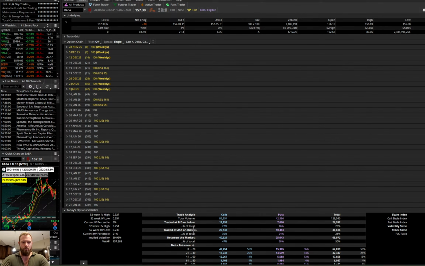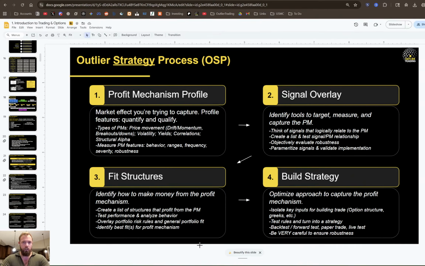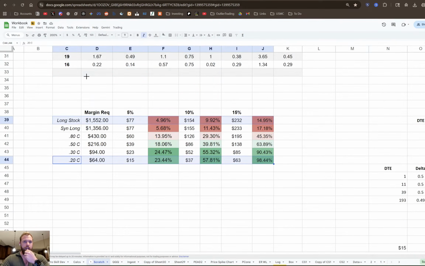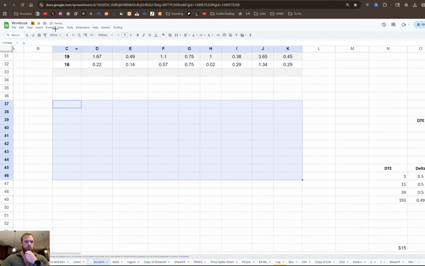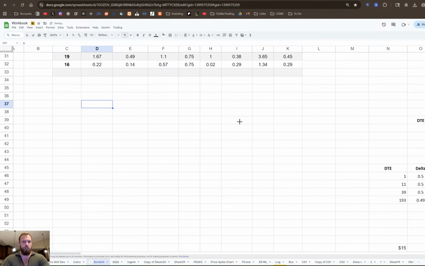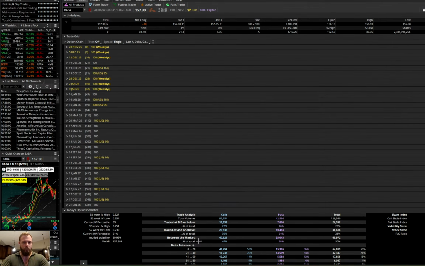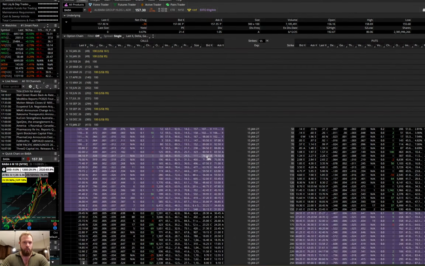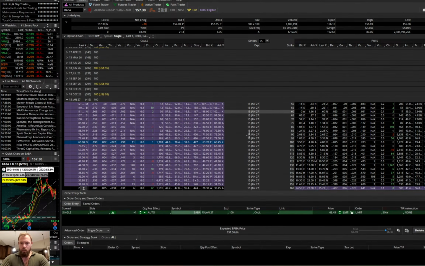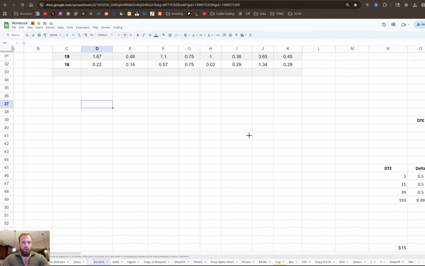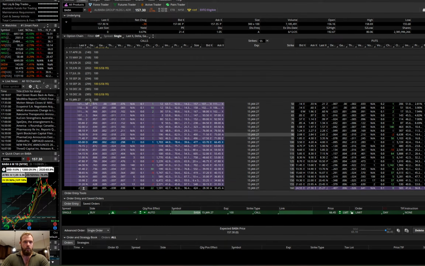So here's effectively how that would work. If we look at another scenario here, let's take a look at a deep in the money option. We're just in BABA, so I'll stay here. Let's go to 15 Jan 27, and let's say that you have the 100s. Let's say that you got them for 65.10. It doesn't matter what the price is. So 65.10 is your 100 strike calls. The underlying right now is at 157.30.